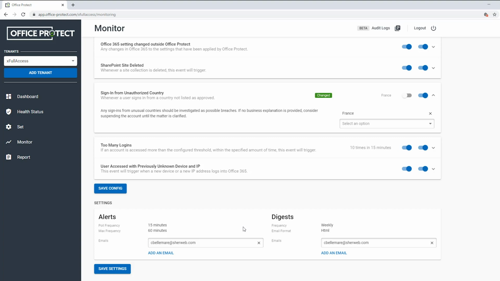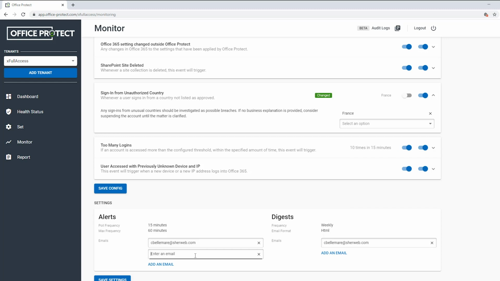Some basic configuration here at the bottom where basically you have the ability to choose the destination for your alerts. It could be multiple people within your organization. It could also go to some kind of security system where you configure an email address to be sent directly to one of those systems, and it will allow you to manage your security through a single pane of glass. Same thing, once you're done, you can save those settings.